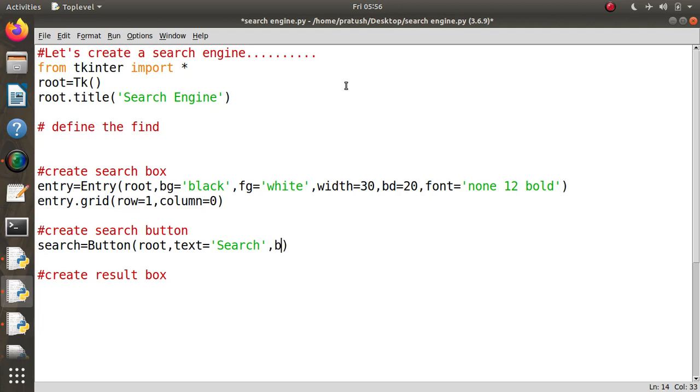Then bg for background color will be, suppose we choose, green. Then fg, that is foreground color, we will choose, suppose, red. Then border width bd equals, suppose, 5. And for font we will choose again none 12 bold.